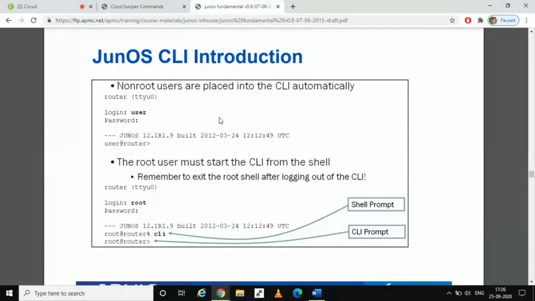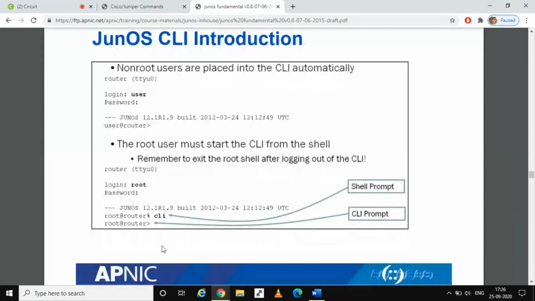In the PDF, we can see that non-root users are placed in the CLI automatically. Also, you can see the difference between the modes. If you see a percent sign, that is the shell prompt, and if you see the greater-than sign, that is the CLI prompt.